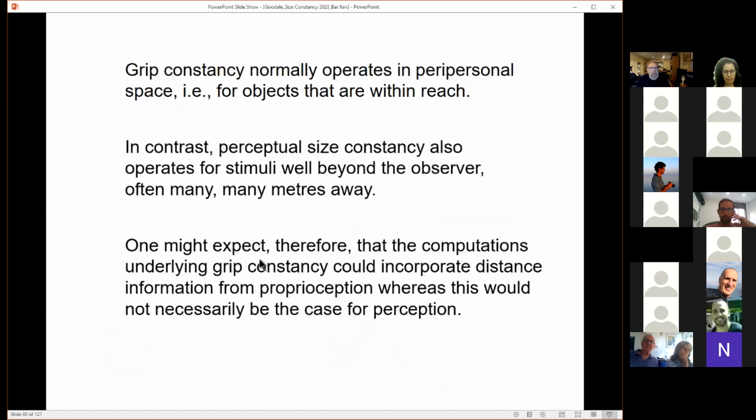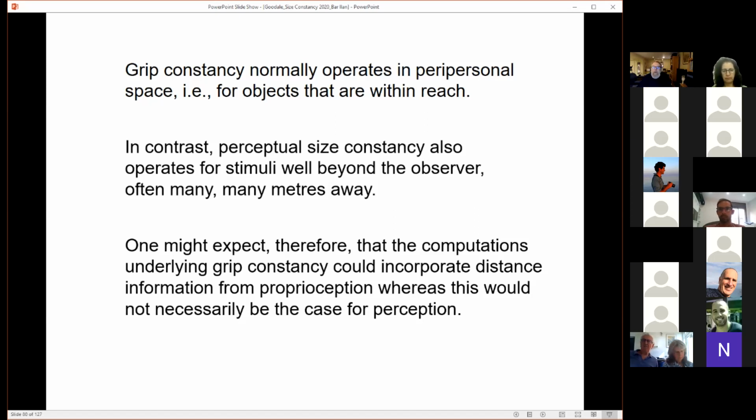And so you could expect, therefore, that the computations underlying grip constancy could incorporate distance information from proprioception, whereas that wouldn't be the case for perception necessarily. So when you lean forward, you get proprioceptive information about where you are with respect to the object. When you're holding something in your left hand and you grab it with your right hand, you get information from